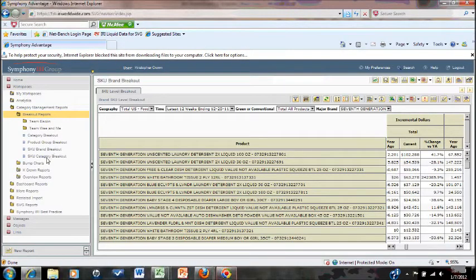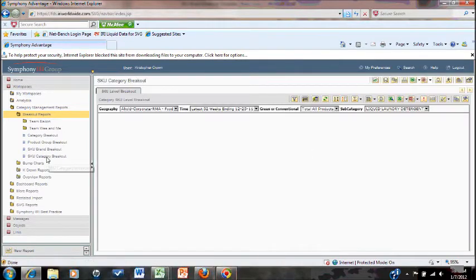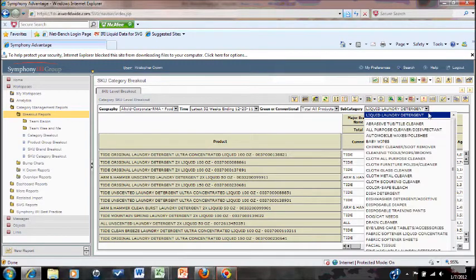The next report is the SKU category breakout. How this differentiates from the previous report is you're able to see all the different SKUs within a particular category. So instead of just looking at 7th Generation, we'll be able to see Tide, Ecos, Purex, Natural Elements, anything that resides within a particular account. So you'd be able to filter by the particular subcategory,